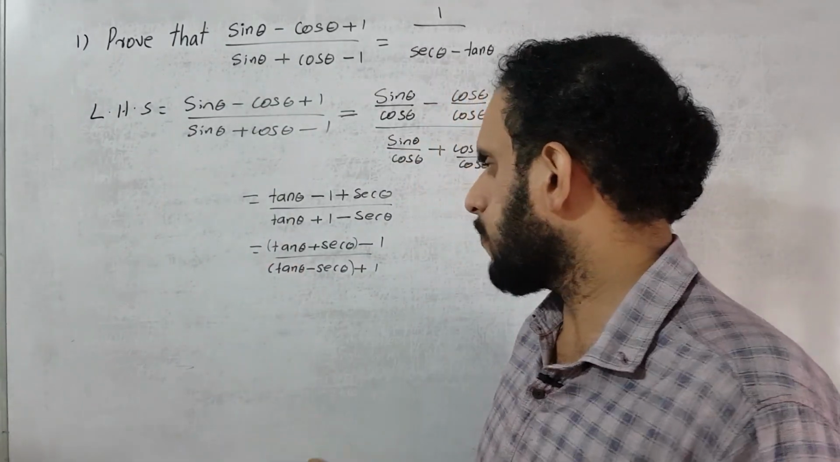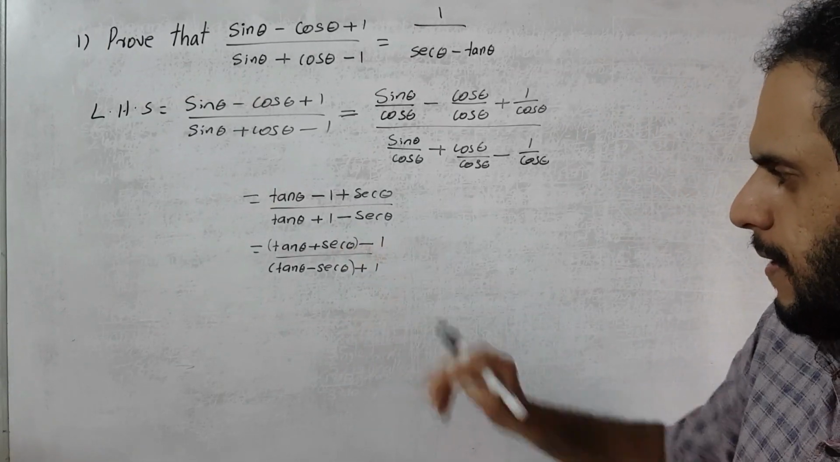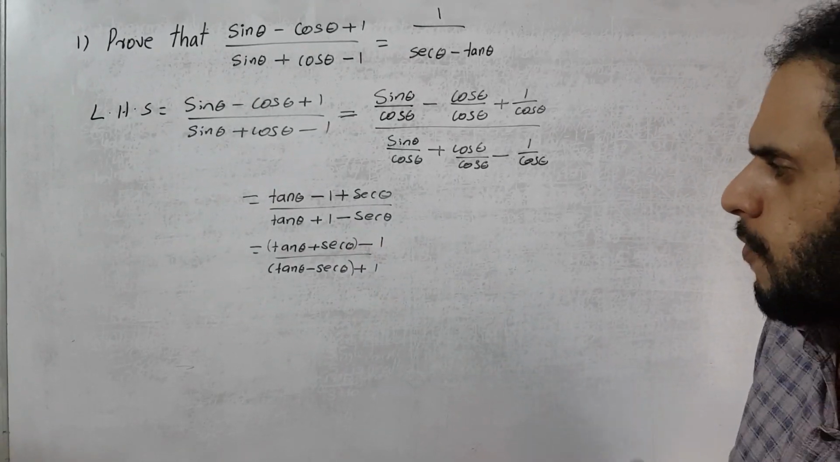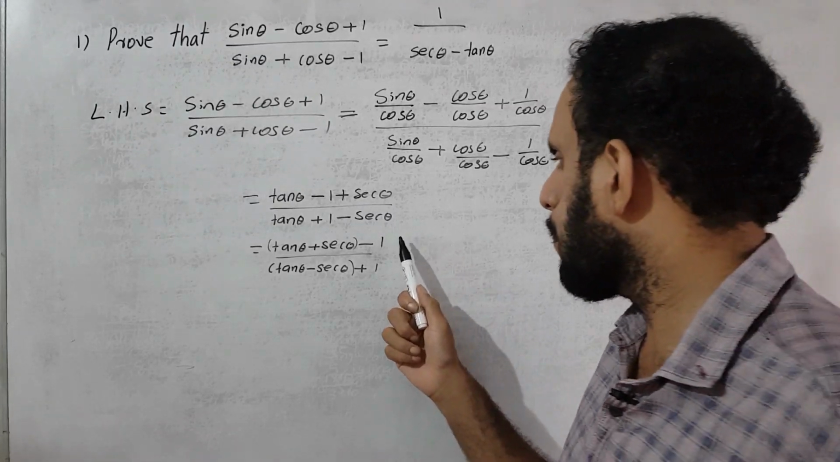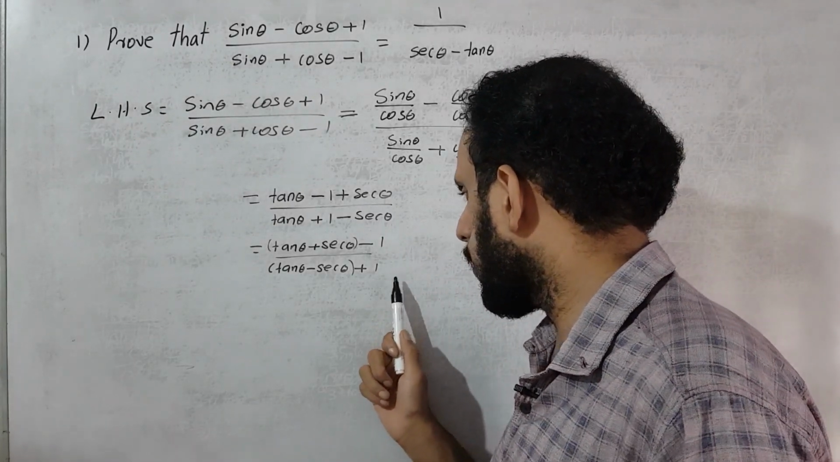But here is only the form in tan theta sec theta. Okay, so next, for forming a square form, the next step is we multiply both numerator and denominator by the